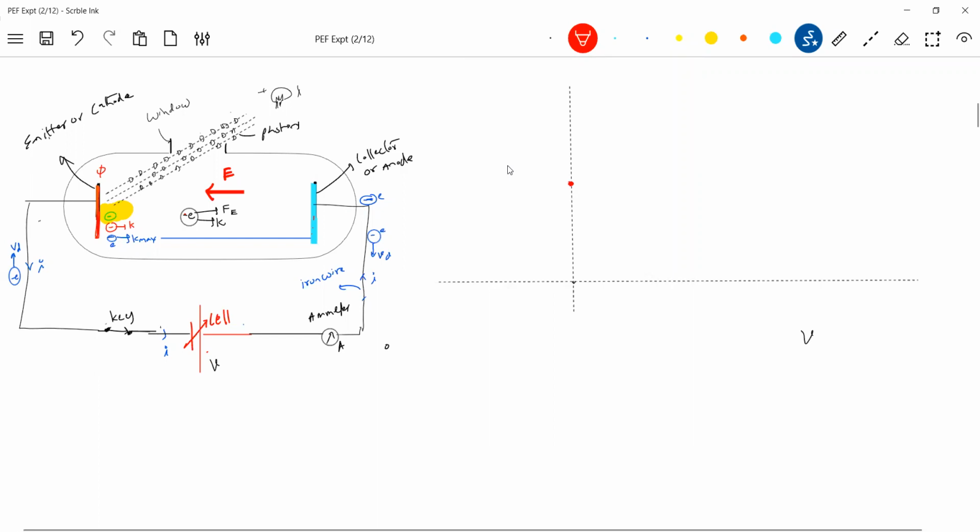Then as I increase potential difference, the E will increase. And because of electrostatic field increasing, then what should happen to kinetic energy of the photoelectrons that are ejected with zero kinetic energy, with non-zero kinetic energy, and they'll get accelerated, no? So shall I say that current will increase? Now you have to justify, so why the curve